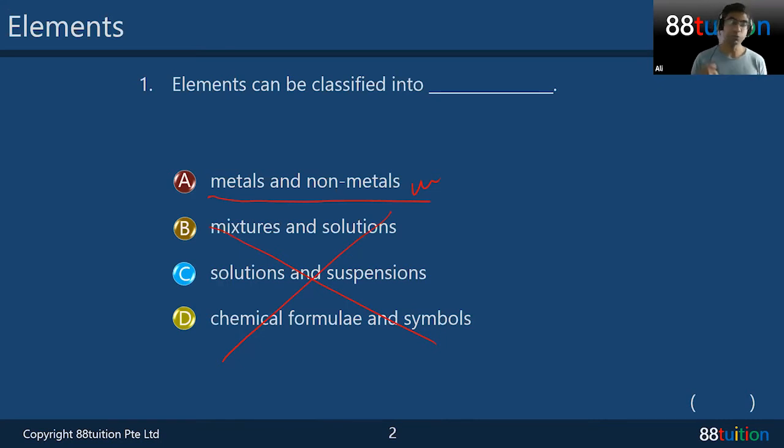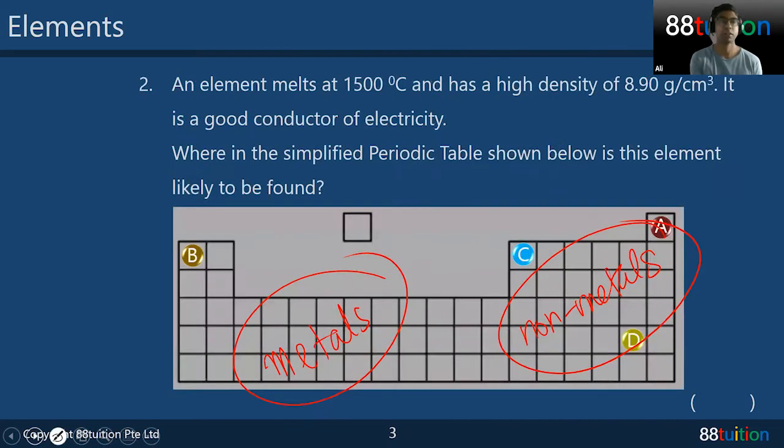So we did the notes bit. So I'll run through the slides of what actually happened last lesson. So this is: elements can be classified into. If somebody asks you this, do you know the answer? If you don't know the answer, you are really still in primary 6. You haven't come to Sec 1 yet or Sec 2. So it is important that you know the answer. So for that reason we are conducting this lesson. Like I said, those who didn't attend,